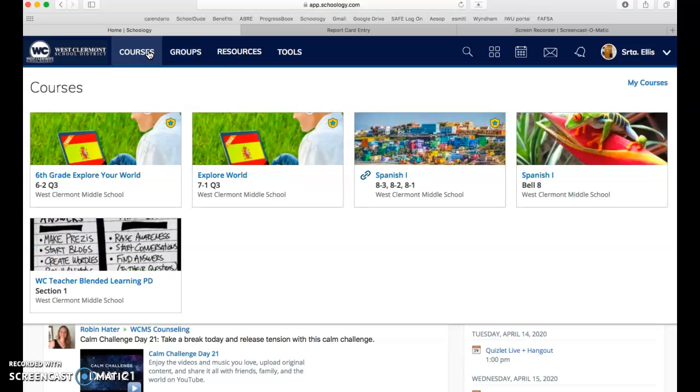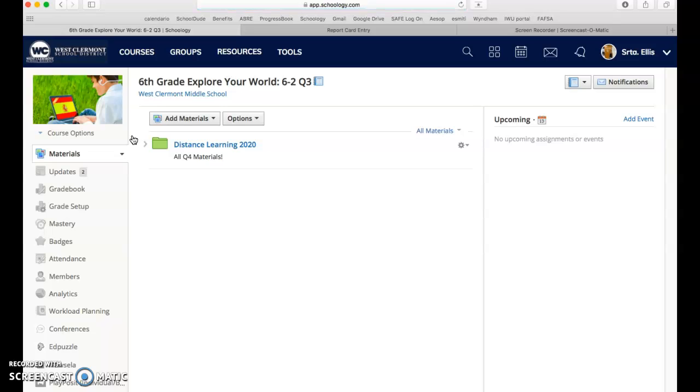This allows you to upload resources. Every week I will add to the distance learning resource that's on there. What this allows you to do is upload the folder that I already created, and it allows you to add materials that are in that folder already. So if you don't want to recreate everything that I've already made, you can